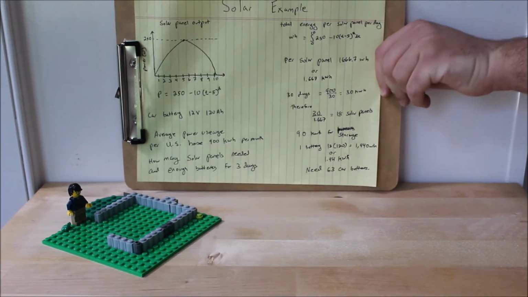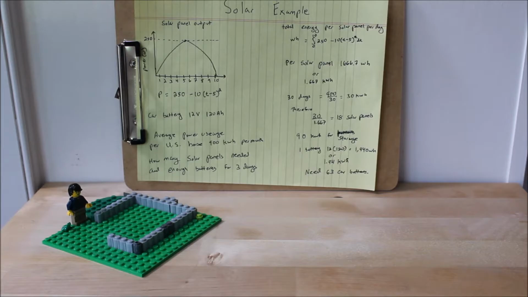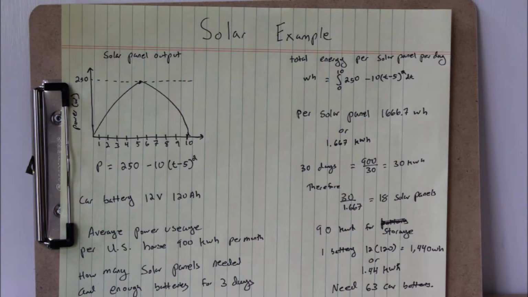We can also demonstrate the conservation of energy with a solar panel example. Let's say I'm trying to figure out how many solar panels and batteries I need in order to go off-grid. The graph on the top left is the power output per solar panel per day in hours, and from this we can find the total energy received by integrating, and we get